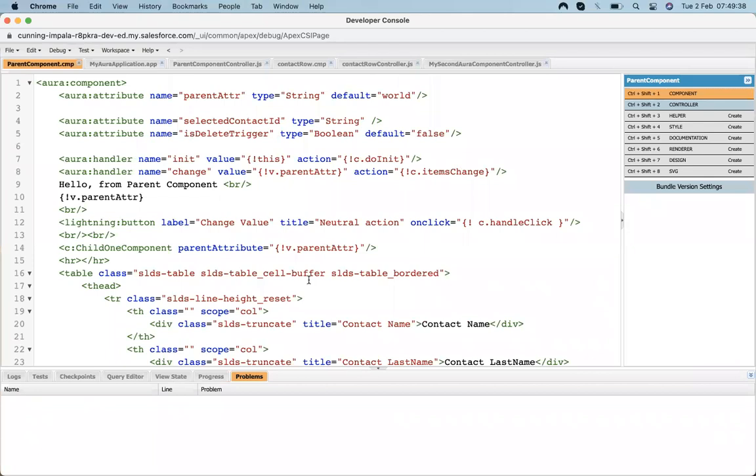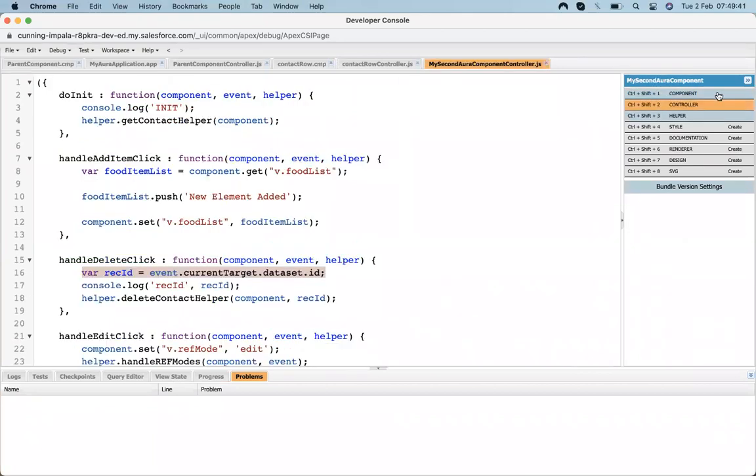Now we need to populate values in this contact list. That is one task.